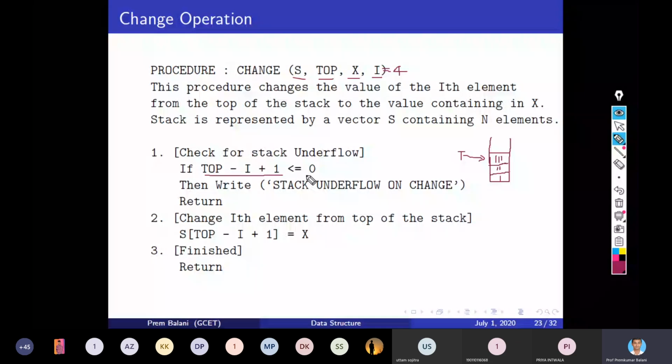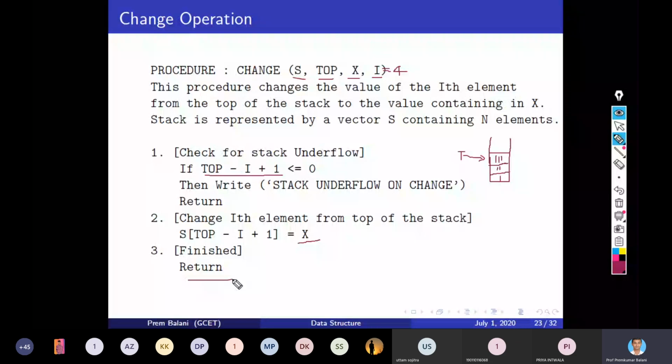But now suppose the value of I is less than or equal to the top, then we can change the ith element from the top of stack. So for that you just change that element with the value x. This is a very simple procedure, right? And then return. Is it okay?